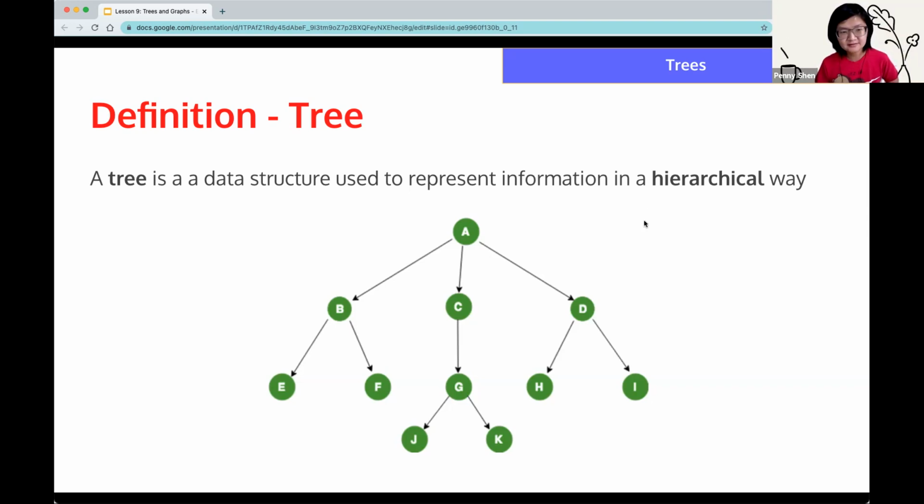But it's not a very intuitive thing. Compared to something like an array or a list, everyone, regardless of whether you're studying CS or not, understands what a list of things is. But a tree is a little bit more abstract. I think people outside of CS may not know what a tree is. So why do we even need a tree? Why would we want to bother with this data structure?